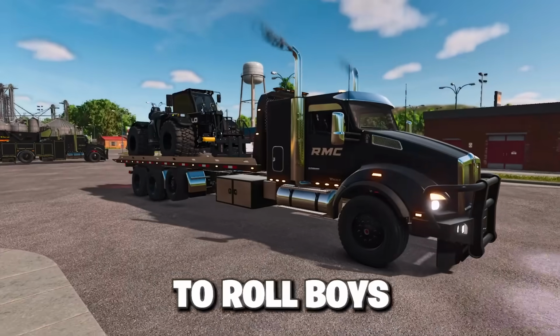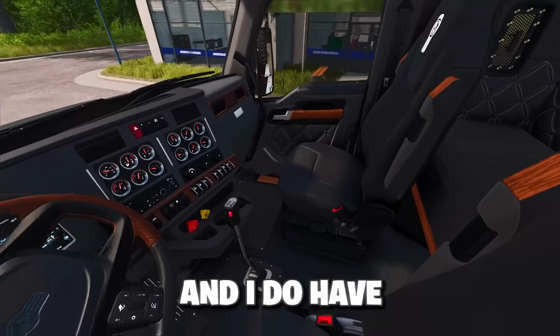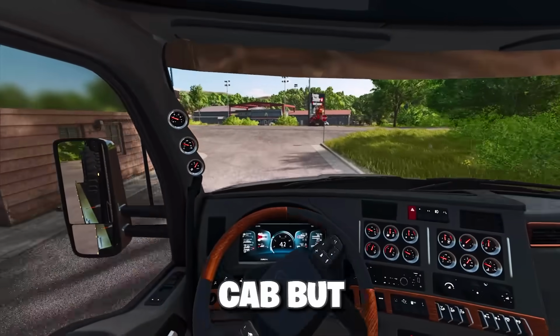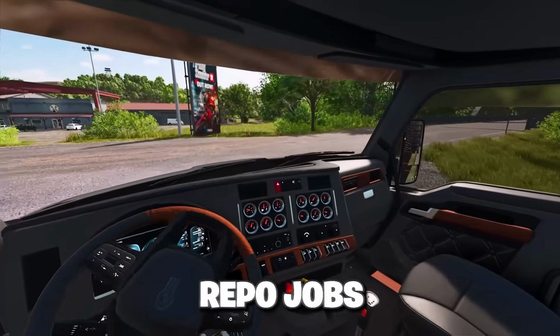Looks good. We're all ready to roll, boys. Let's get moving in the new truck. And I do have to say, this thing is nice. You got a little sleeper bed in the back. It is like a small sleeper cab, but I don't think we're going to be sleeping on repo jobs unless